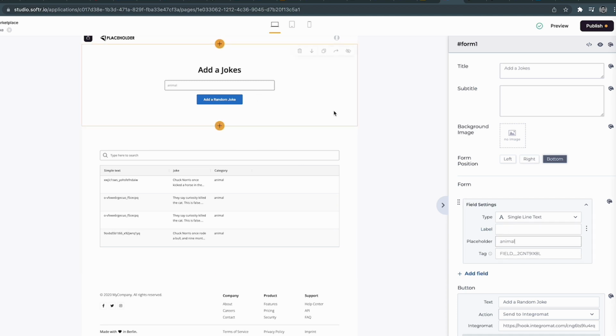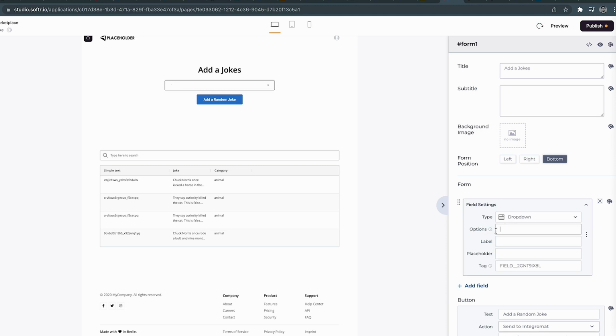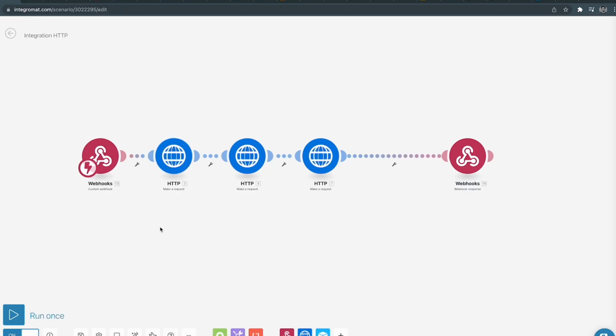So users will enter the category, or let's make this a drop down. Let's make this a drop down, and in the drop down you need to just provide it as semicolon separated values. So animal is one category, and what else are the categories that we have? So let's